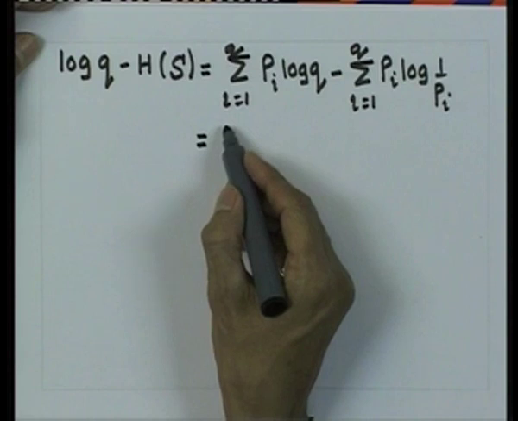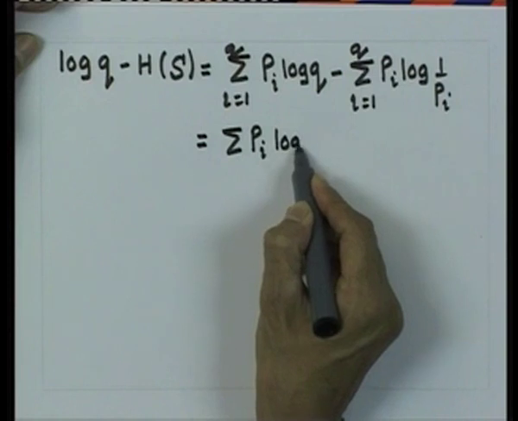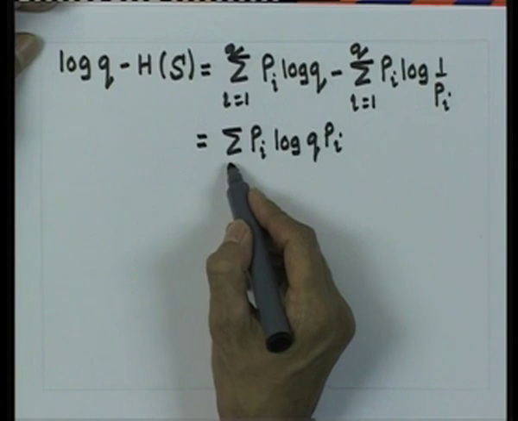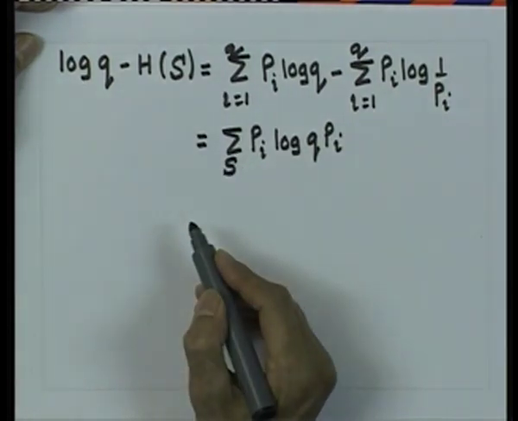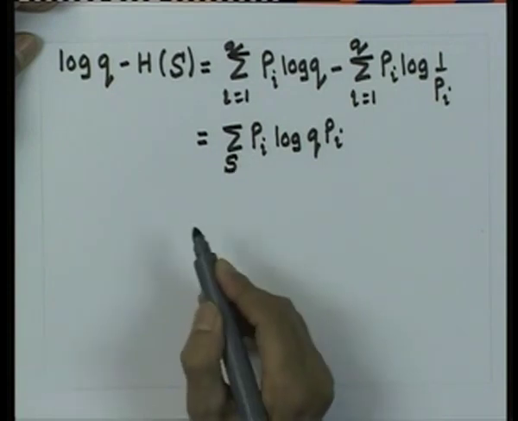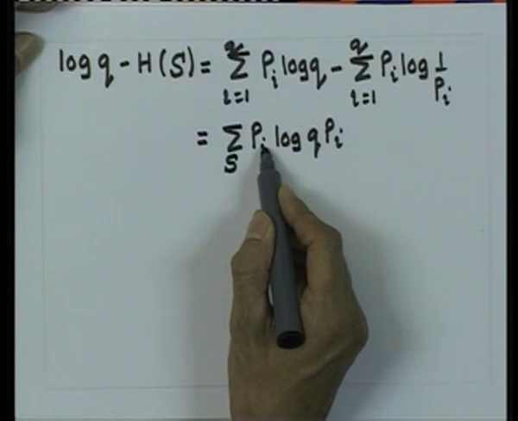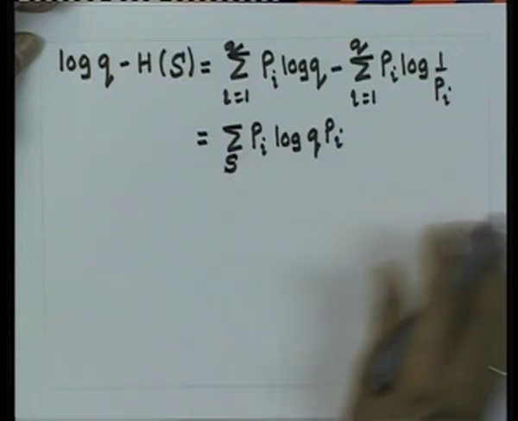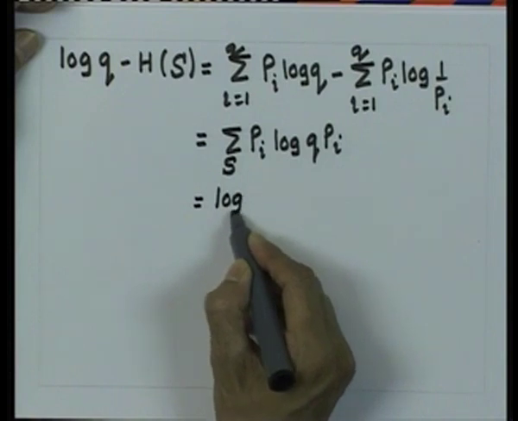This I can simplify as the sum of Pi log of q Pi. As a simplification, instead of writing every time i equal to 1 to q, I can say that the summation is over the source alphabet. So, I just write the source S. This implies that I am summing up i from 1 to q, that is denoting the alphabet. Okay. So, this I can simplify as log of